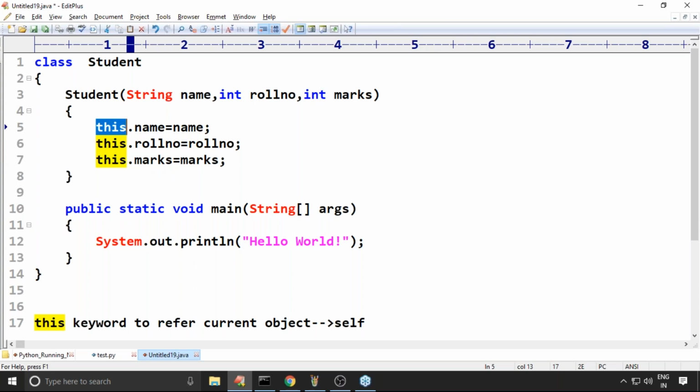One more thing I have to tell. In Java, the name of the constructor is the same as the class name. In the Student class, the constructor name is Student; in the Employee class, it is Employee. But in Python, the name of the constructor is always fixed.